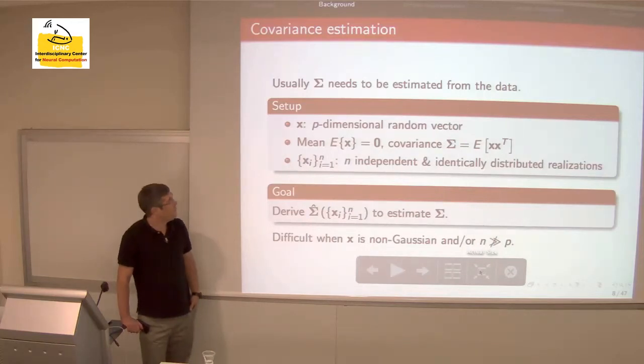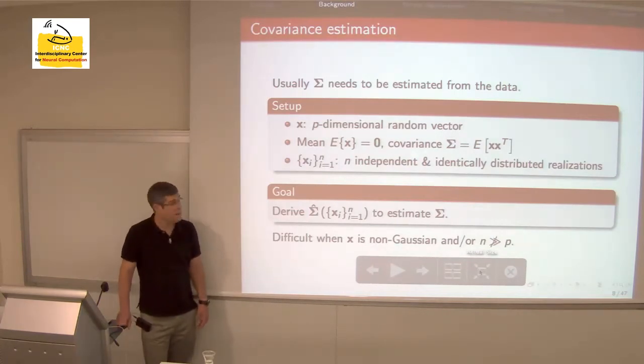The basic problem is very simple. You've got a vector X of dimension P. Okay, and estimating the mean is very, very easy. So we'll just assume we know it and it's 0. And the covariance sigma is just defined as the expectation over X times X transpose. We get n independent and identically distributed realizations of X. And using them, we want to build a function, an estimator of sigma that will be close to the real